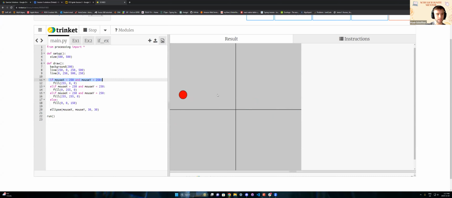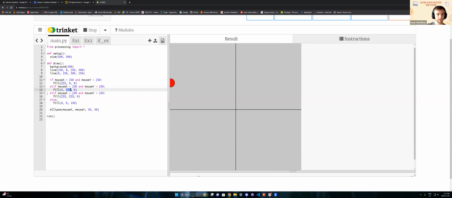So if the mouse X is less than 250, so left-hand side of the screen, and the mouse Y is less than 250 as well, so top left corner, it's going to be red, okay? Then, right, we have the else if statement that checks if the mouse X is greater than 250, but also the mouse Y is less than 250. So that checks for the top right-hand of the screen. You can see it turn green, right? Remember the values are RGB, right? So green is turned to the max. We're going to get green, okay?